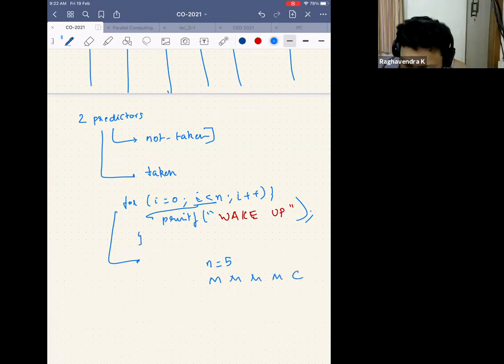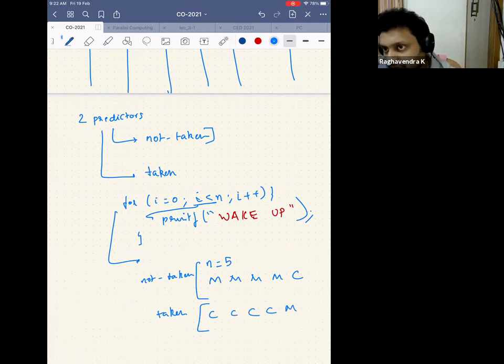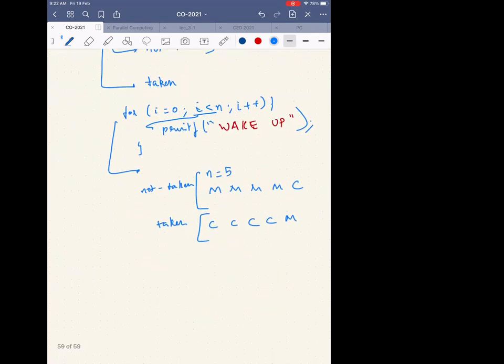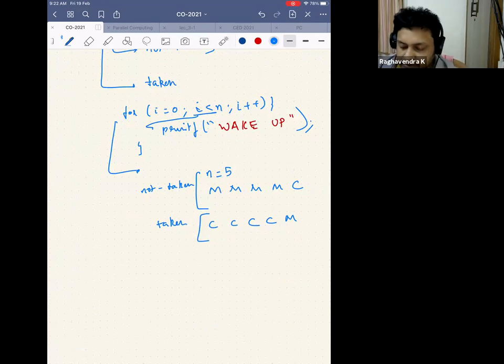So if the branch is not taken, it doesn't matter whether it is right or wrong, but there will always be one case where it's the reverse. And if it is taken, then I am correct, but I am wrong at the nth instance, the last one. Is everybody following why this is the case? Yes. So now, are you okay with this? You are losing performance.